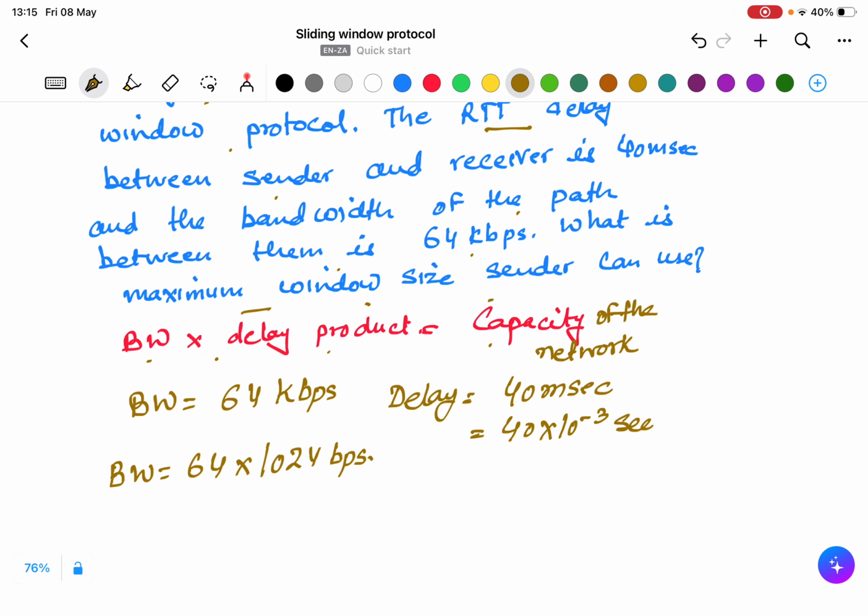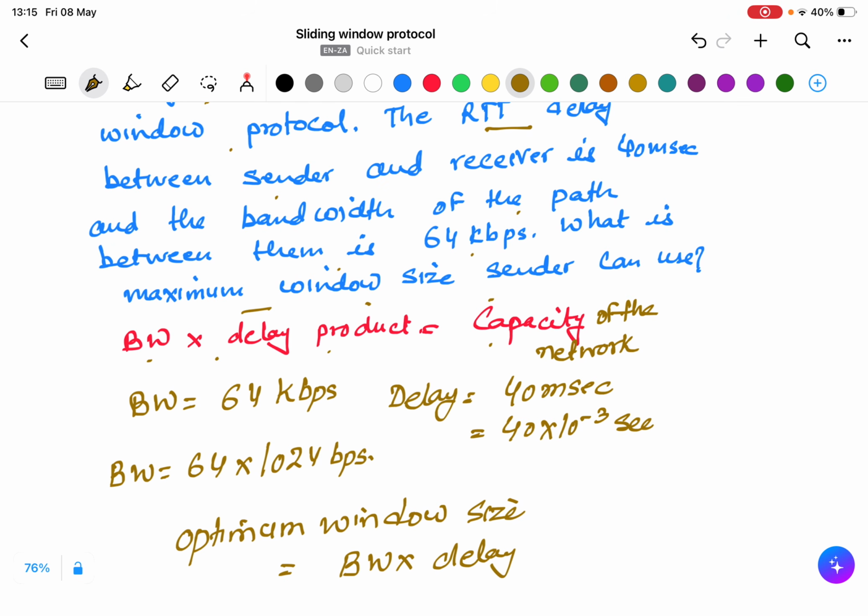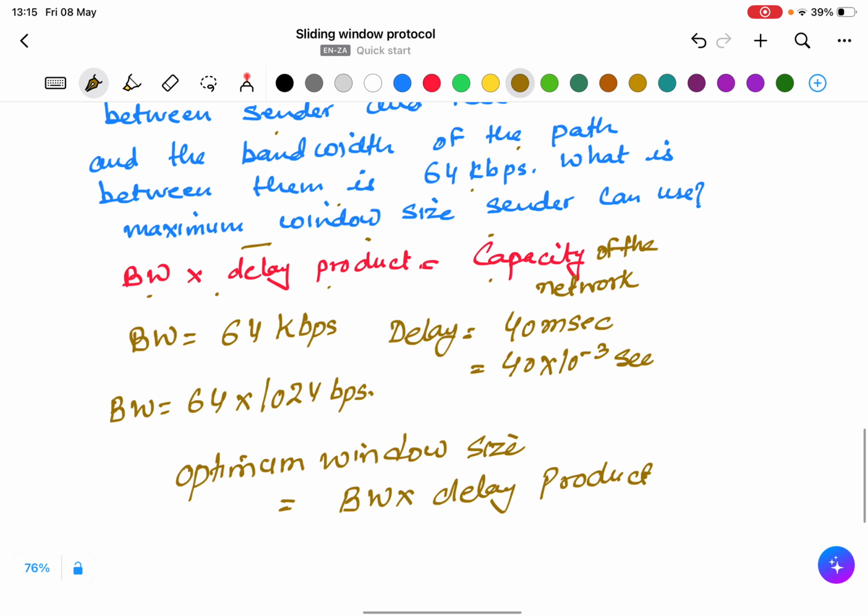The optimum window size is equal to the bandwidth delay product divided by the size of the packet, or you can say frame.